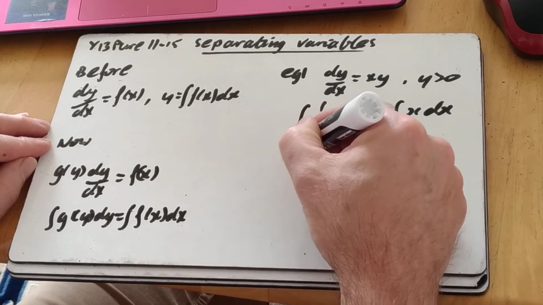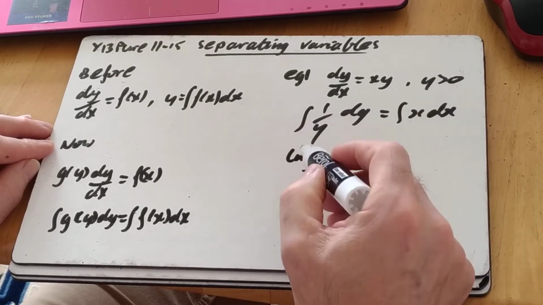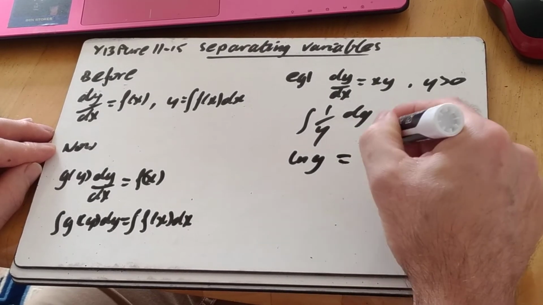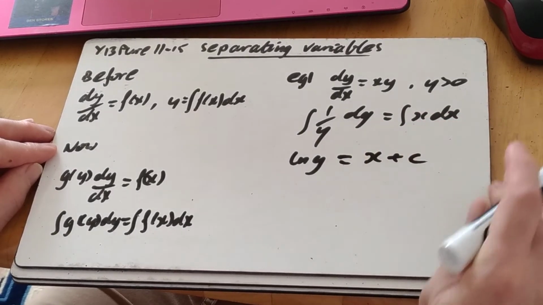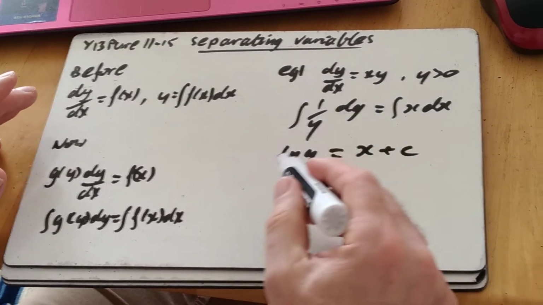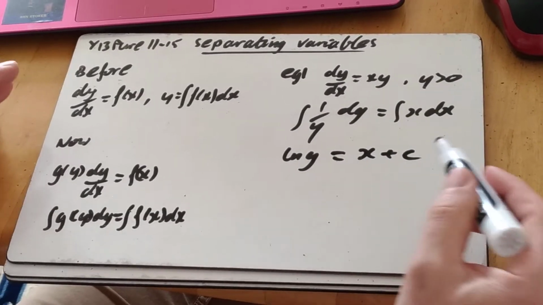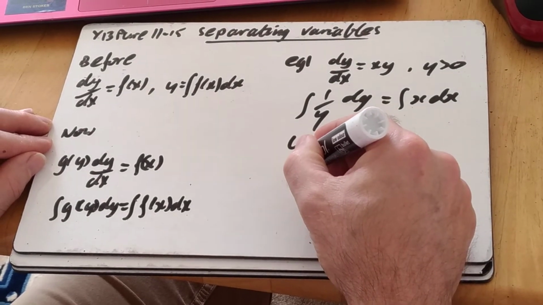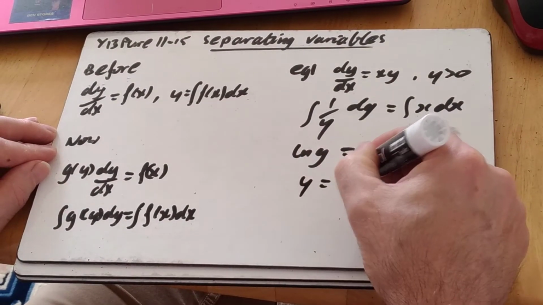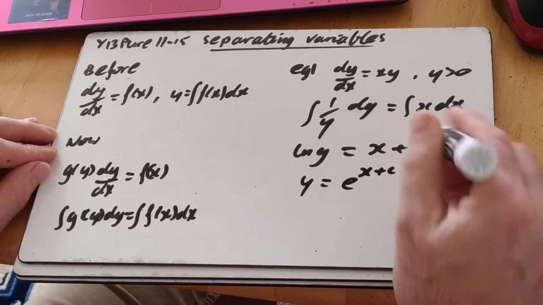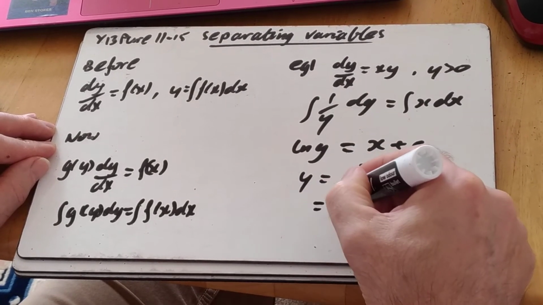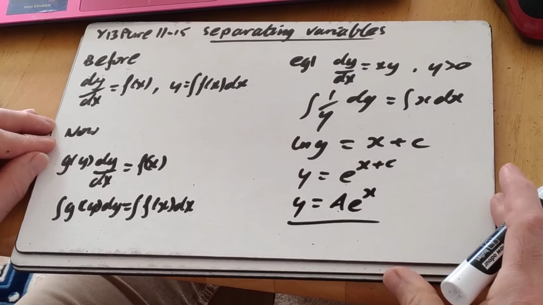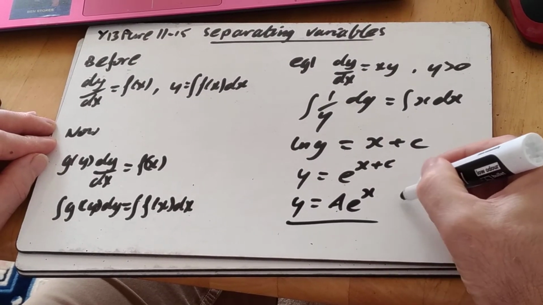Integral of 1 over y is ln y. I can write ln y because they say in the question y is positive, so I don't have to do mod of it, equals, in this case, x plus c. We tend to like y equations rather than ln y. There's nothing wrong with that, but let's have a look at how we tend to tidy these up. We can write y equals e to the x plus c, and a neater way of doing that is writing it as an exponential function like that, because